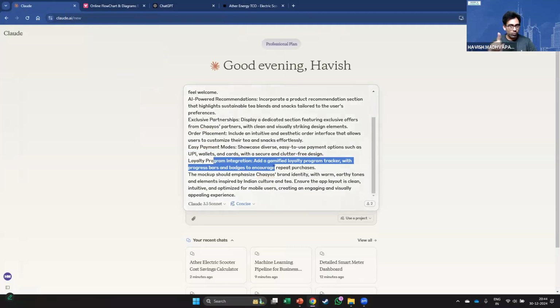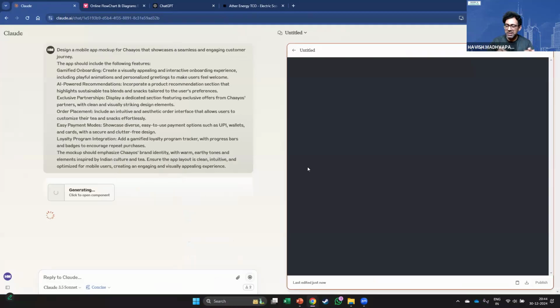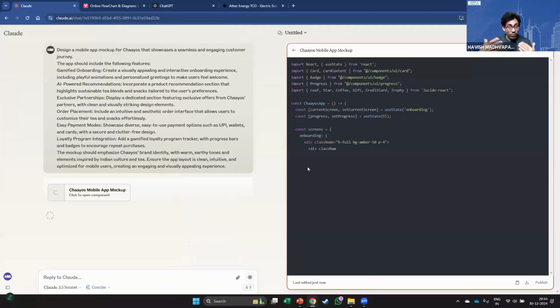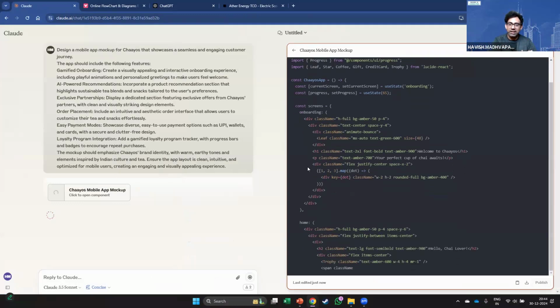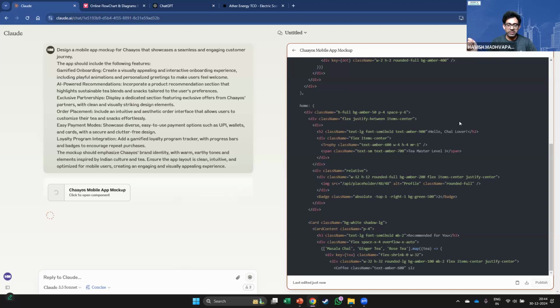And as you can see, with one single prompt, it is able to create the entire mobile app mockup for us. Is it perfect? No. Will it save you time? You bet. I mean, if a project was probably taking you 20 hours, I expect you can reduce that by 80%, right? Look at this.